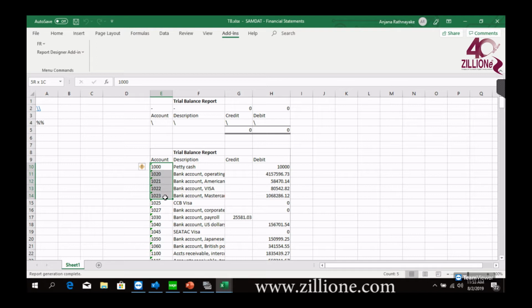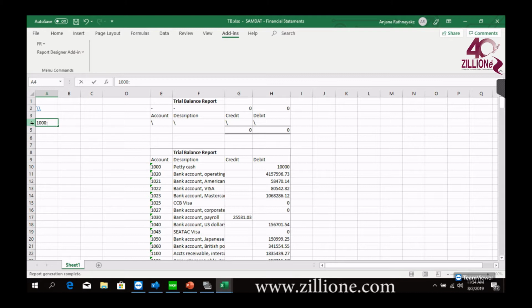I don't want any other account. And let's say if I don't know any other group code or any other restriction, I'm going to put only these accounts. So how am I going to do that? I'm going to specify it over here, my starting account as,